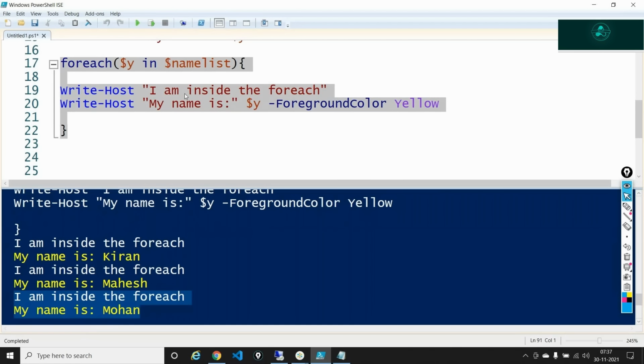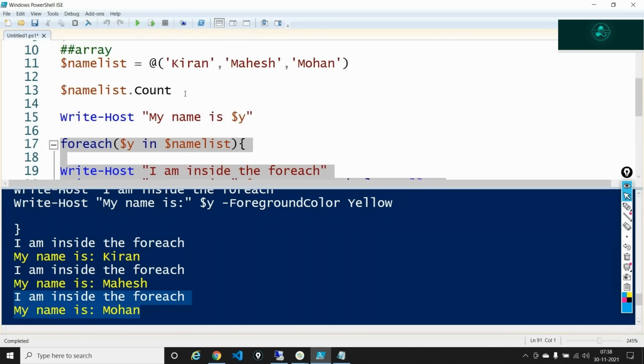One more question here. Likewise, in the name list, can we copy and paste the data? The name list has three names only here. What if we have n number of names here? Can we copy and paste it here in the script? Where do you have the name list exactly? For an example, you have given Kiran, Mahesh, and Mohan there. They're just three names you have typed. But for an example, if we have 50 names or 25 names,